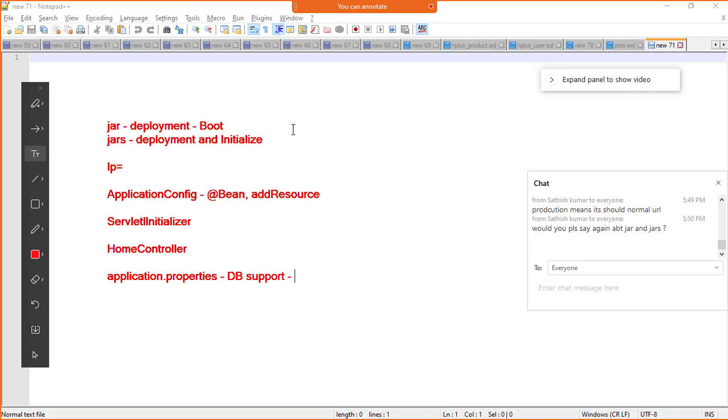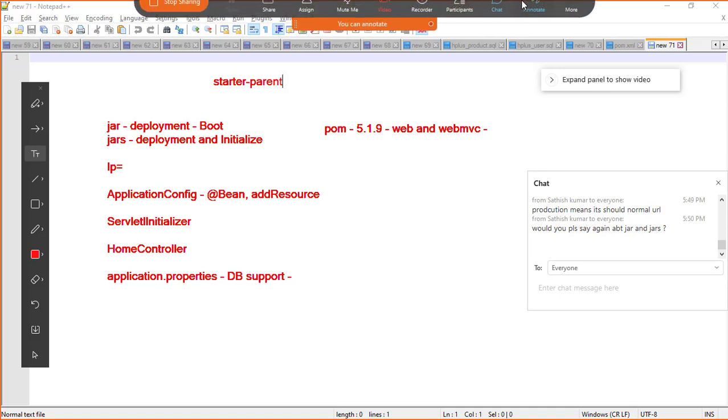Jars, and yes, as part of POM we need to remember the 5.19 release of Spring Web and Web MVC. We need to remember that. Right now I just use this. Prior to Boot, when we used to create projects with Maven, I needed to remember the Hibernate jar files, the JPA jar file versions, the security and REST jar file versions. Who wants to remember all that? Spring Boot says there is a Spring Boot starter parent that you are using. You have got everything with it. The stable version, just by Spring Boot.